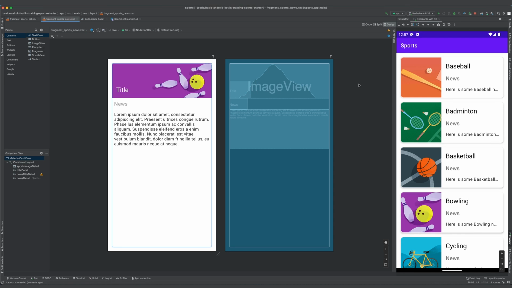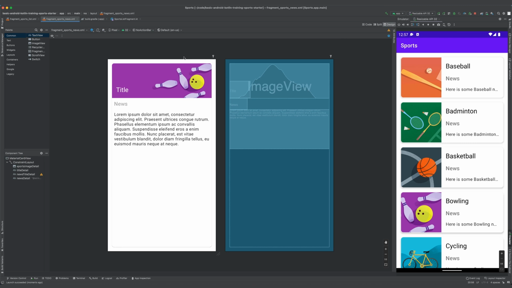I'm actually running a resizable emulator, which is a new feature available in Android Studio. It lets you toggle between different device types, like phone, foldable, tablet, desktop, all within the same emulator, which is really convenient. It makes it easy to both validate your layout at design time and test the behavior at runtime using the same reference devices. So let's take a look at the Sports app right now.